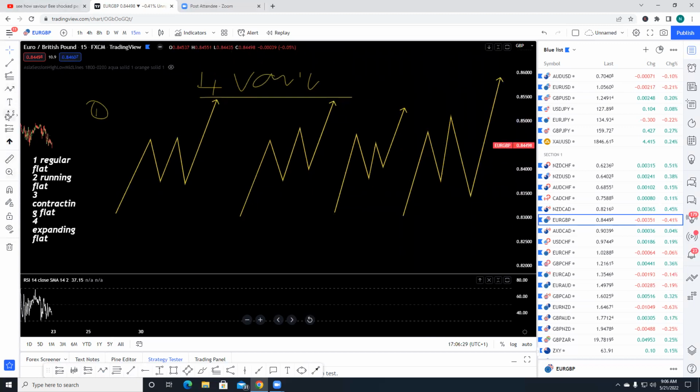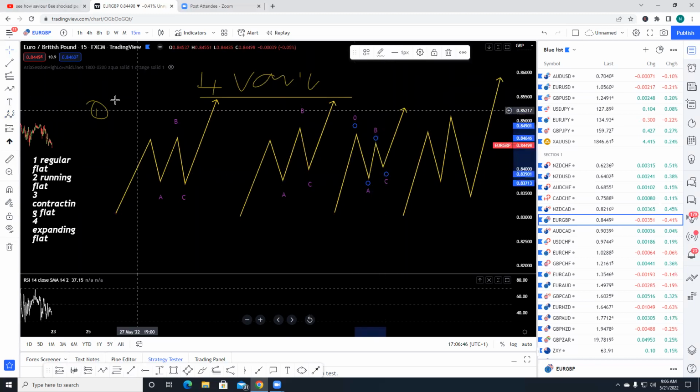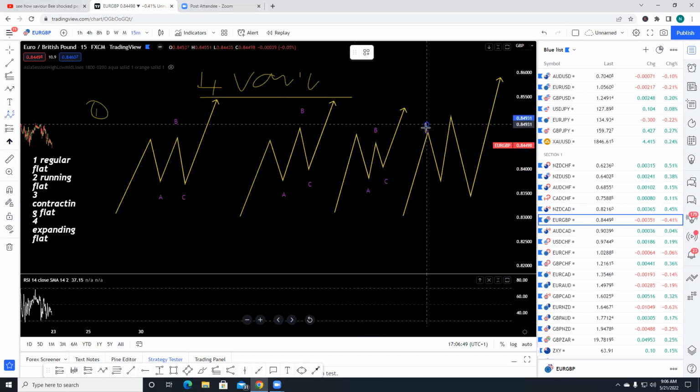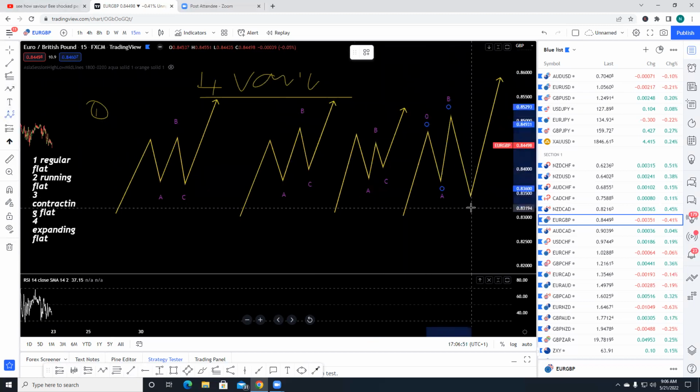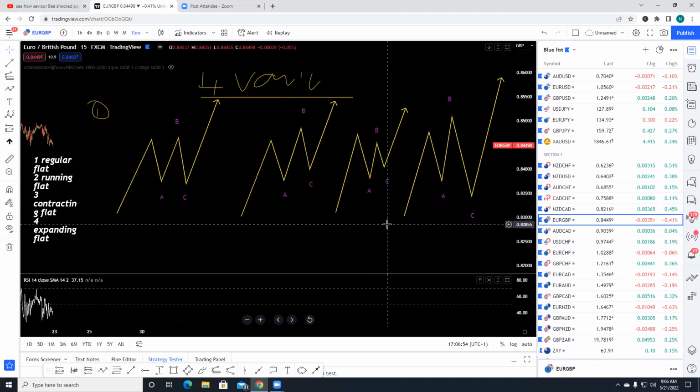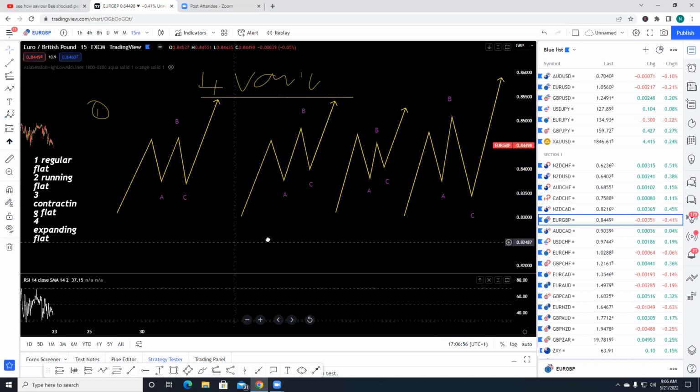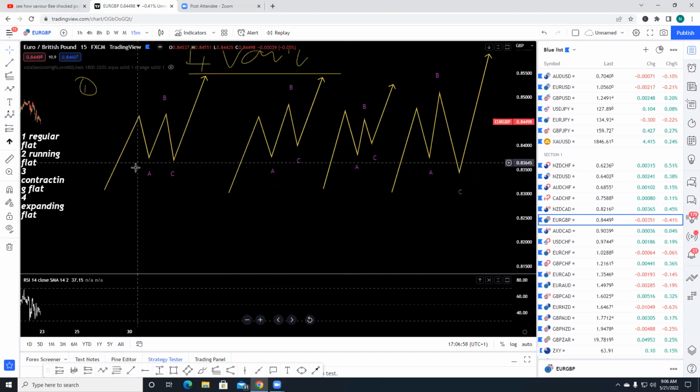Now let's label them. They must be labeled as A, B, and C. I'll tell you the difference and the variation with A, B, and C. And then this one with A, B, and C. Okay. Do you get it now? So can you see it now? So these are the 4 different variations. So this first one